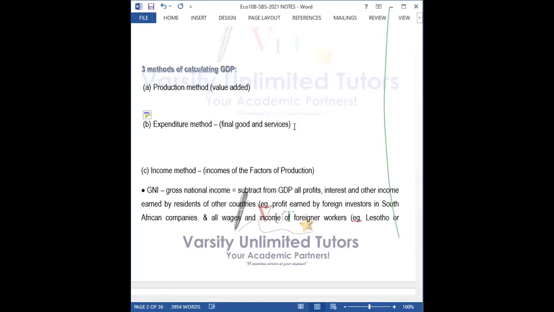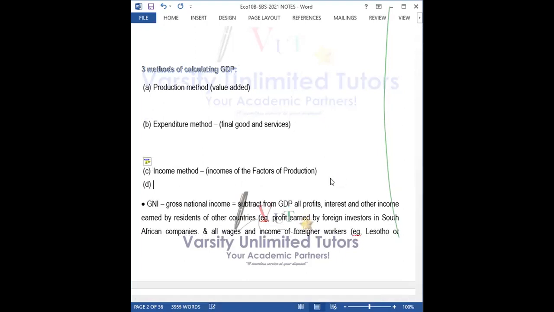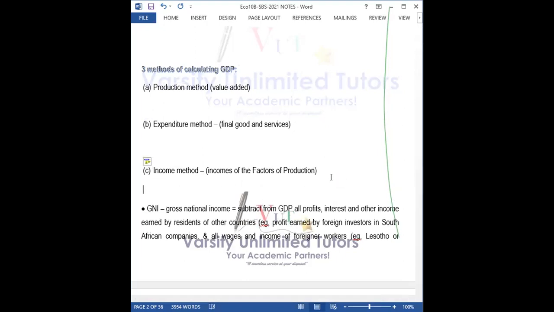Then the expenditure method. The expenditure method simply adds the expenditures by the households on the goods and services that have been produced by the production side of the economy. And the value that would have been extracted from the expenditures of households would be the GDP from the expenditure method. And from the income method, basically we'll be looking at it from the factor of production perspective. So the income method simply sums up the incomes that is being received by the factors of production during the